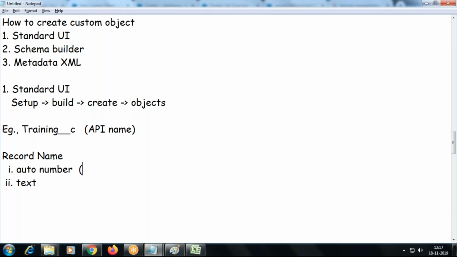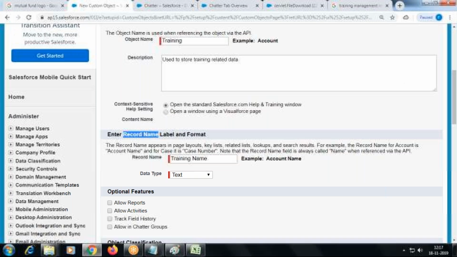Auto number means it's an auto generated number. See, this is one of the fields we are creating. Every table you create, automatically one field will be created, a standard field. But we can choose here what the type of the field is. Either it can be auto number or text type.